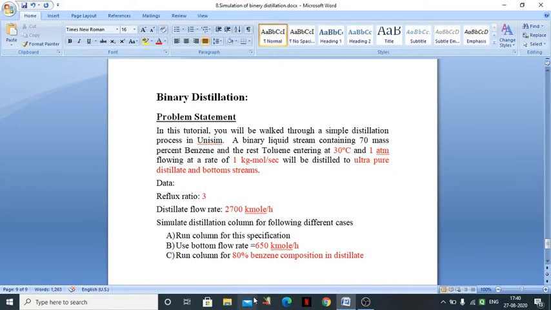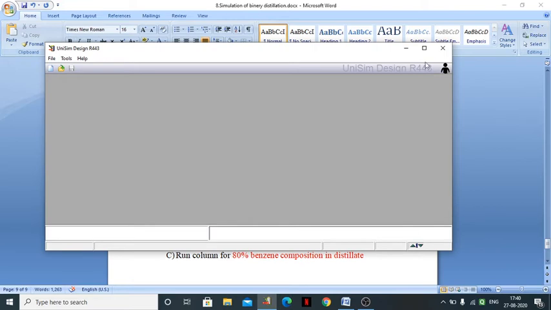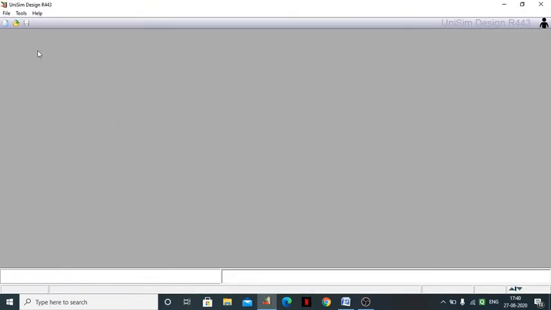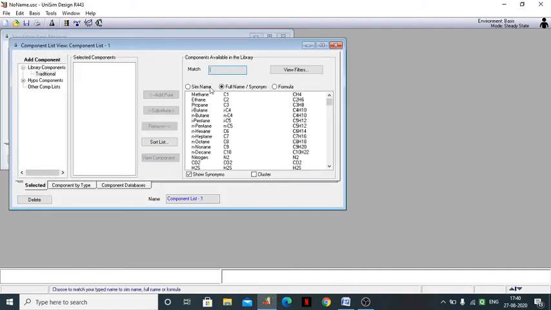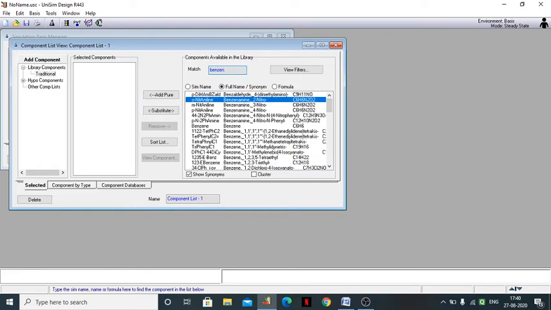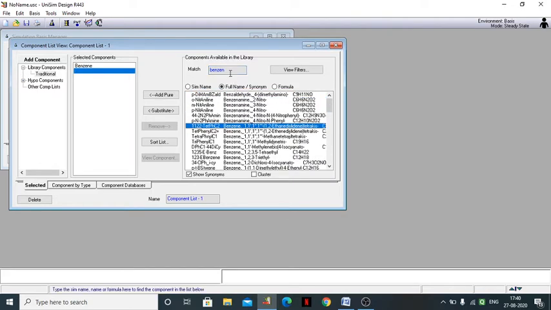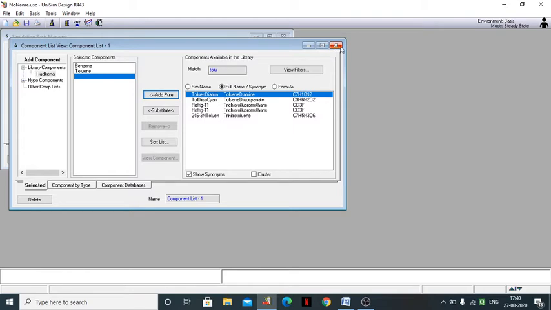So first of all we will open Unisim, then start a new case. We'll first of all add the component. So we have benzene, so add benzene. Another component is toluene, so add toluene. Then close that component page,